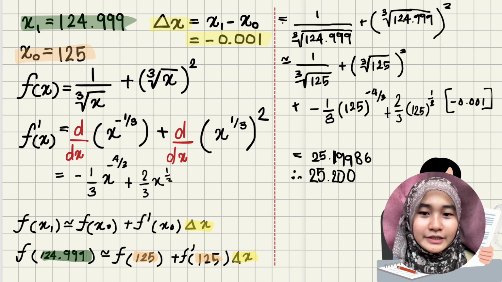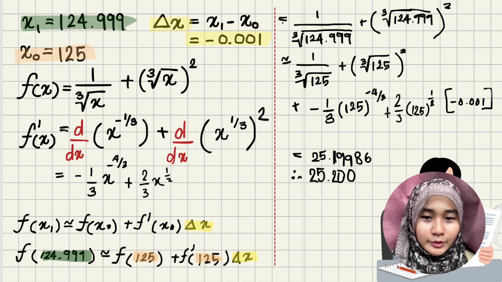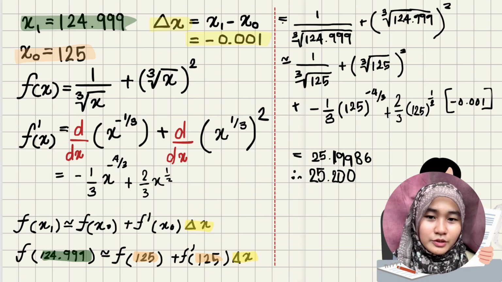Okay, our next step is we'll need to use the linear approximation formula, which is f of x approximately equals f of x naught plus f prime of x naught times delta x. We substitute our x, x naught and delta x into the formula. We'll get 1 over cube root of 124.999 plus cube root of 124.999 to the power of 2